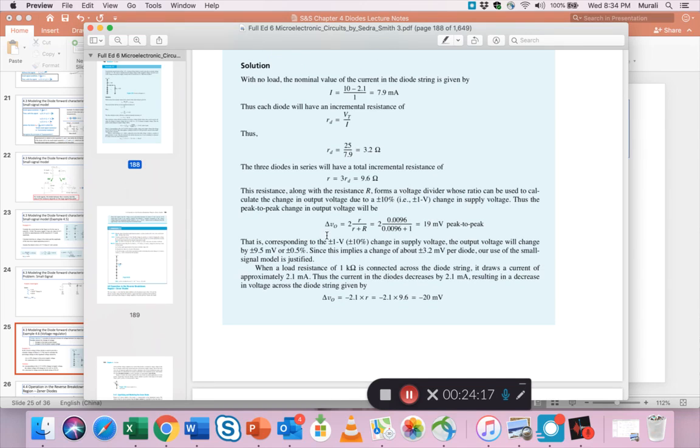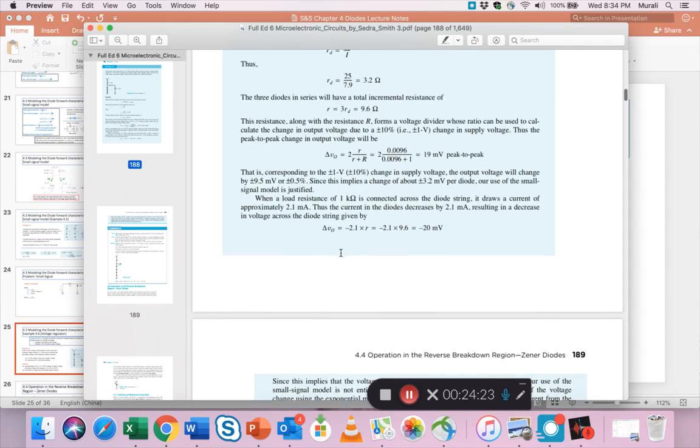19 millivolts is peak to peak, so half peak is 9.5 millivolts. Then he does the load, connecting the load resistance, and he shows how to do that, and that comes out to be a change of minus 20 millivolts. Actually, this is including the